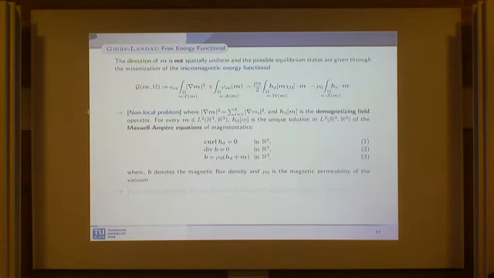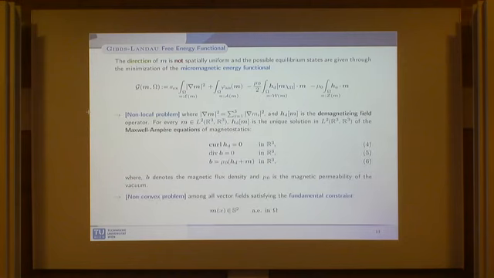Okay, all that is summarized in this energy function. So the observable state of magnetization corresponds to the local minimizer of this energy function. And this is a non-local problem due to the presence of the stray field, this term, H_d, which is the classical Maxwellian interaction. These are the Maxwell-Ampere equations of magnetostatics. And this energy is called the magnetostatic self-energy. This gives you the non-local contribution to the energy. Then it's a non-convex problem just because the magnetization is constrained to take values on the unit sphere.